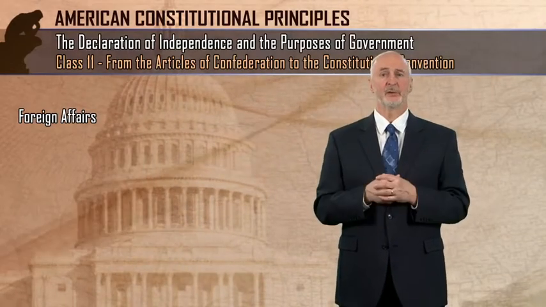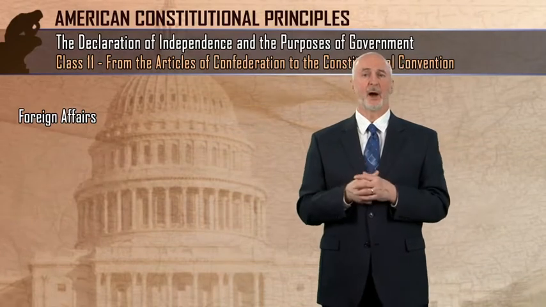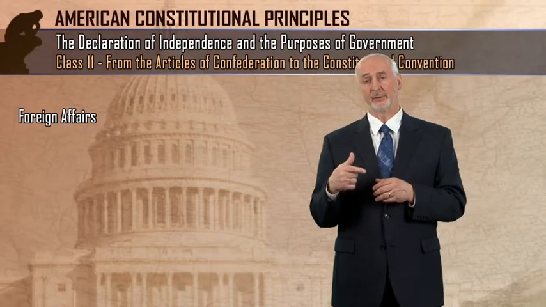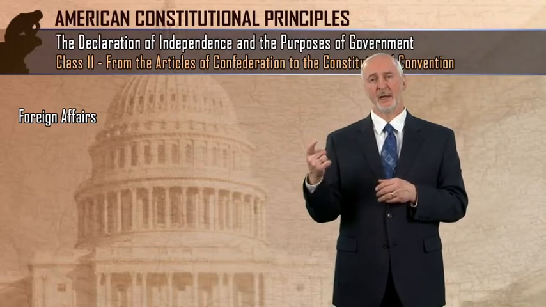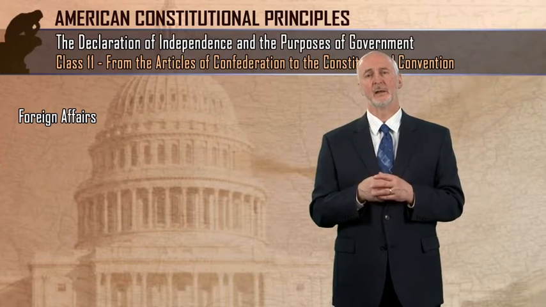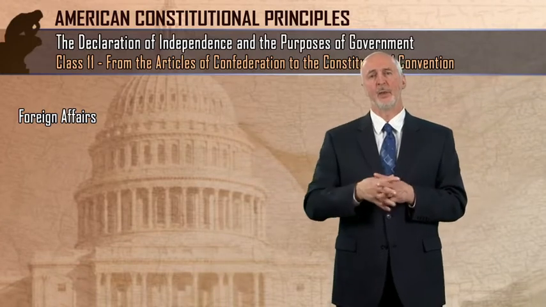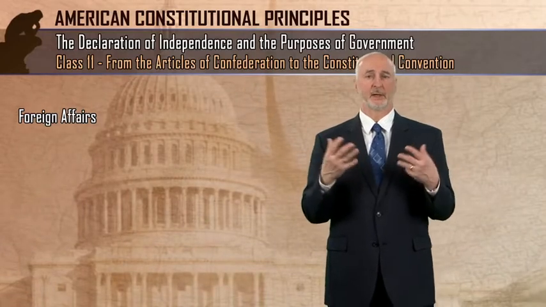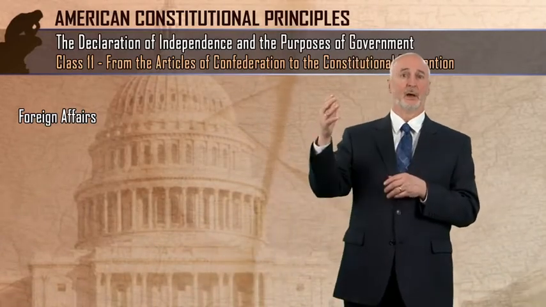But in some cases, the states just did not abide by the terms of the treaty. Now, that was a really serious issue because it gave the English an excuse to maintain a line of forts on the western border of the United States, which constituted, I guess in terms we use today, a constant threat